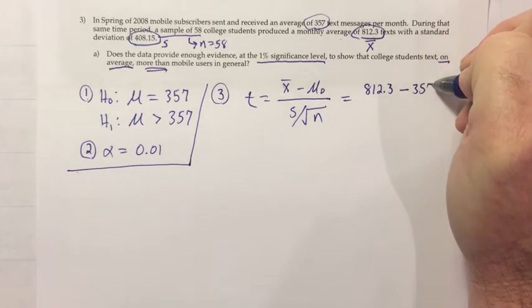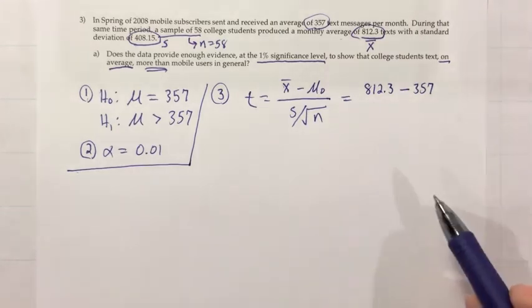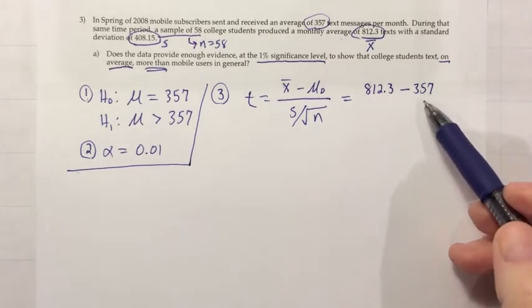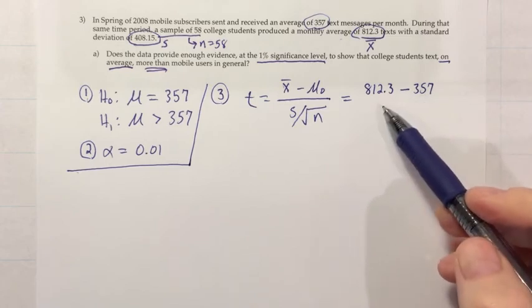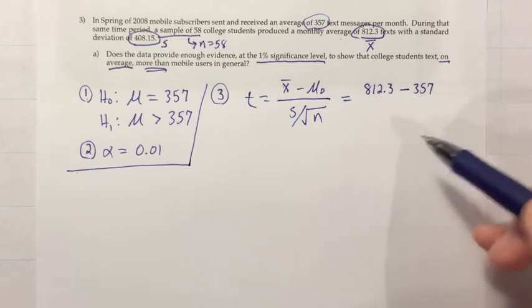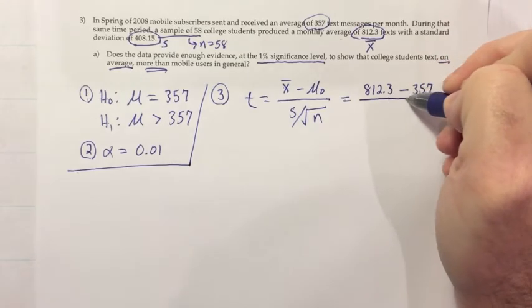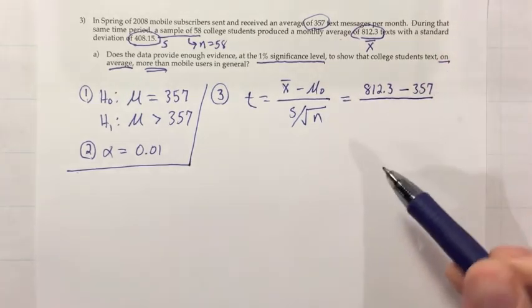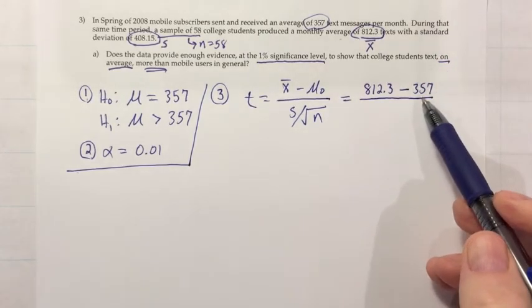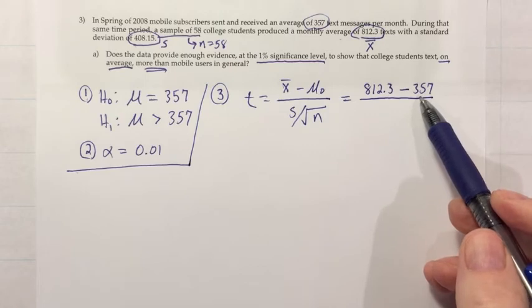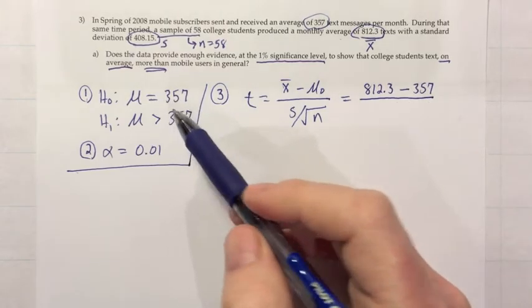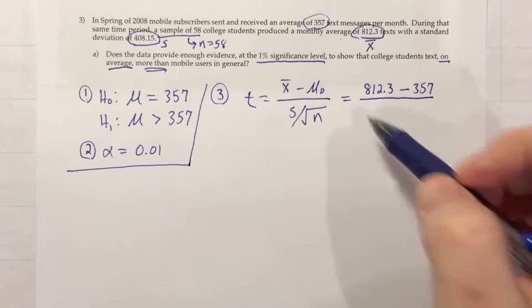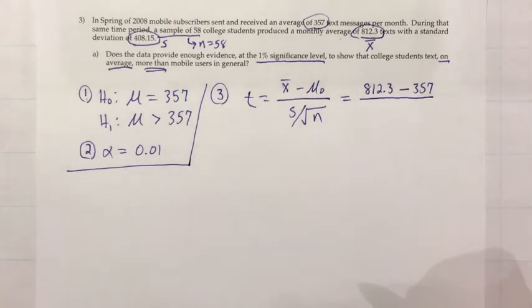And what you should think right away is like, wow, that's a big difference, right? Somebody's trying to tell me the average for this group of college students is 357, but in my sample I got 812. That seems like a huge difference to me. So I'm leaning towards reject right now, because if the sample value is really different from H0, that makes it hard to believe that that H0 value is the true one. So I'm leaning towards rejecting it, but I'll have a better sense of how far apart they are when I